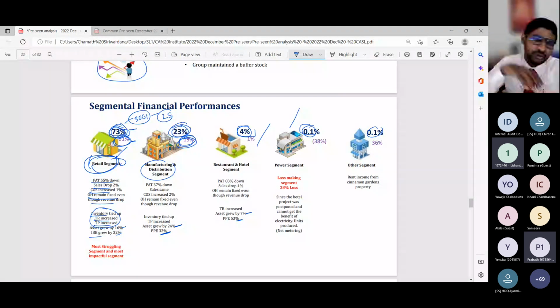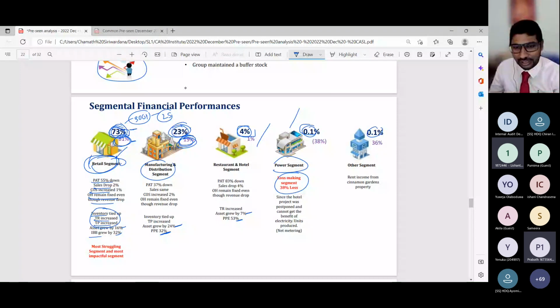So here, students, what I want to tell you is that the power segment is a loss-making segment, right? But even though the power segment is loss-making, there's a reason for that. Let me share my practical experience with you. I have a solar panel in my house, right? So what I do is I sell